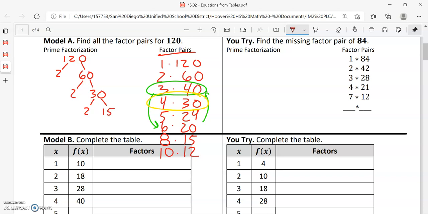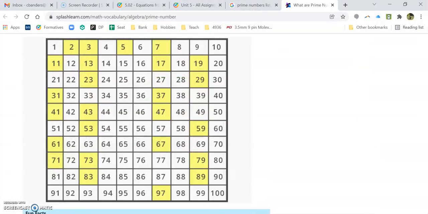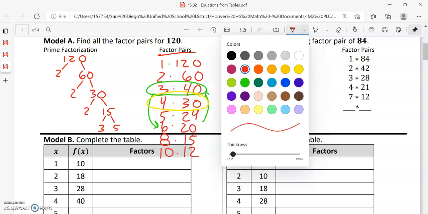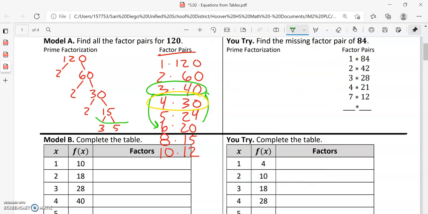So the next number in our prime list is 3. So we check for 3. Does 3 go into 15? It does. It's 3 times 5. And we now notice that 5 is also a prime number. So we are done. Once all of your numbers on the outside here are all prime numbers, you have done